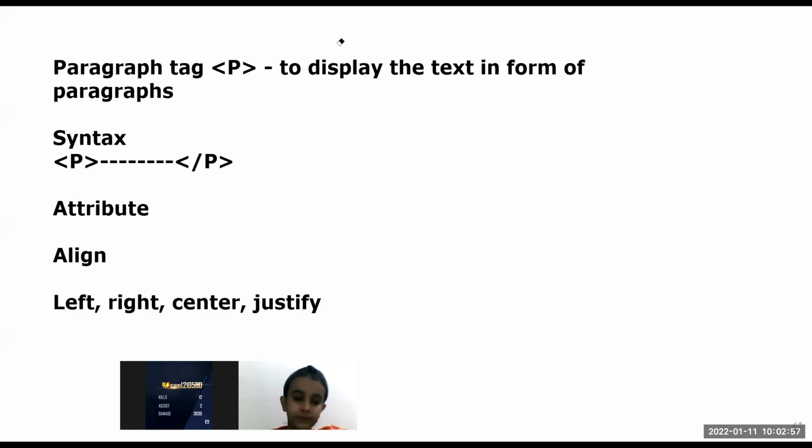Center tag. What is the use of center tag? Suppose मैं paragraph tag भी use नहीं कर रही हूँ. I am not using the heading tag, but even then I want to display some text or image in the center of the web page. Now text तो चलो आप heading tag use करके कर लोगे, paragraph tag use करके कर लोगे, but how you will display an image in the center of the web page?